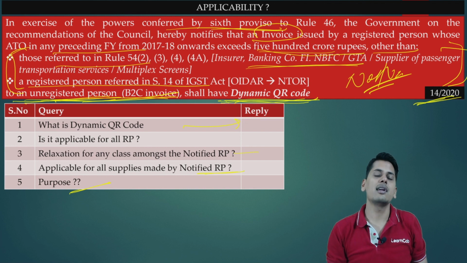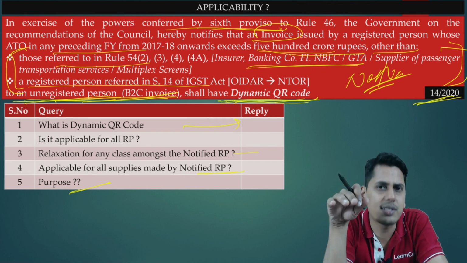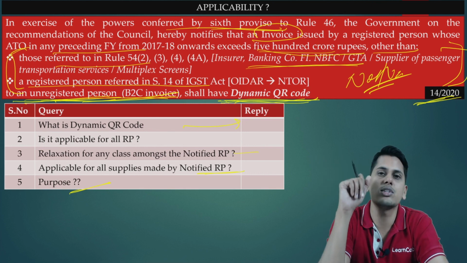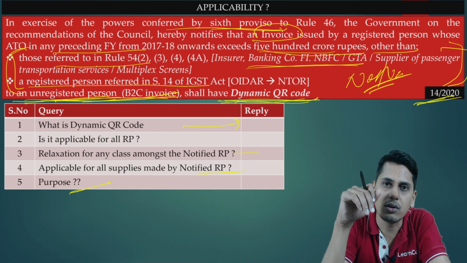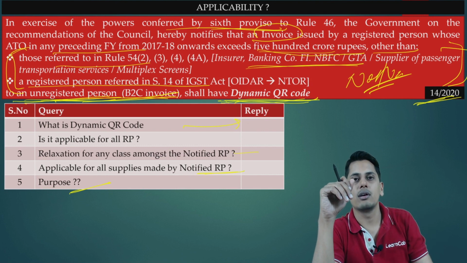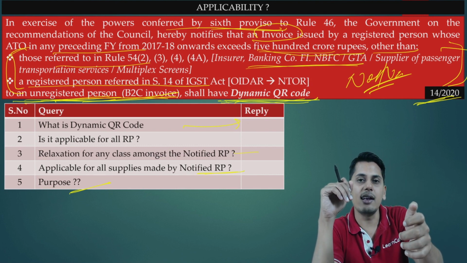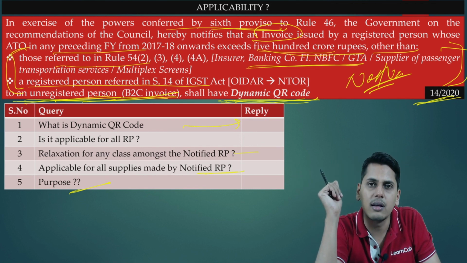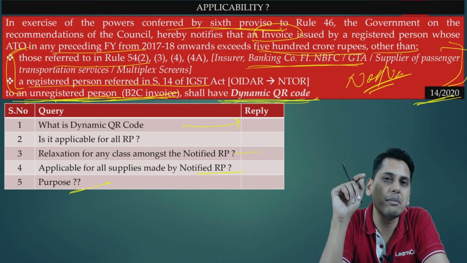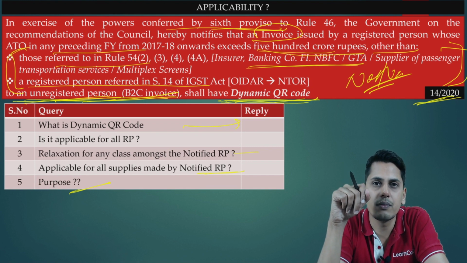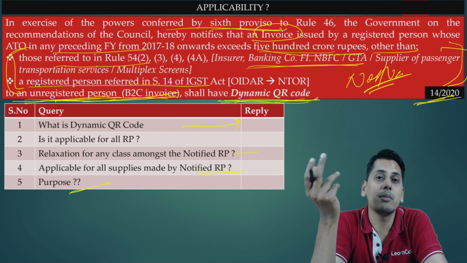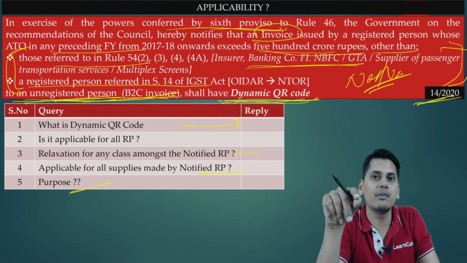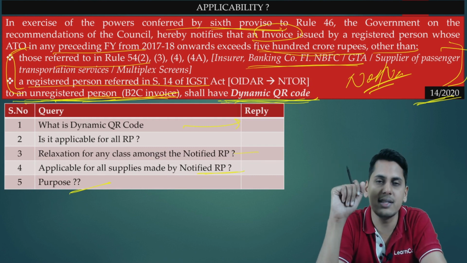Now friends, please understand, can the government force the end consumer to make payment only using this QR code? The answer is no. There could be a QR code which is dynamic. The moment it is scanned, the amount would reflect and the amount can be transferred by the end user to the supplier. But is it mandatory for the consumer to do so? The answer is no. The consumer might want to pay cash. So friends, what is the incentive available to him so that this objective of the government is satisfied?